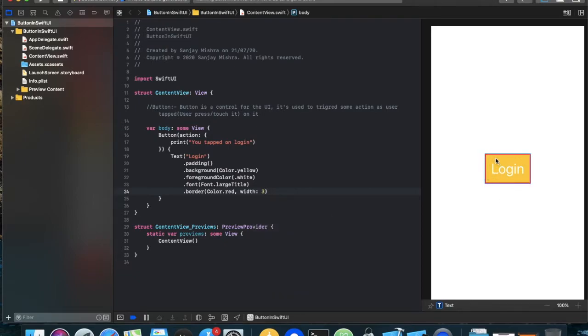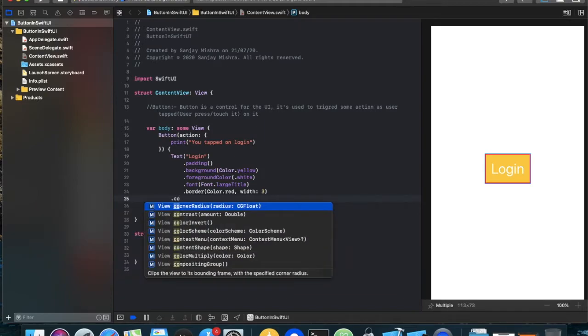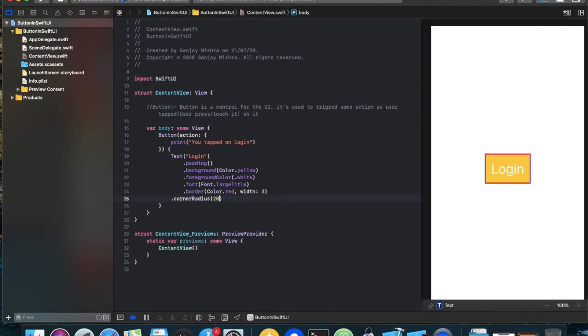So now we can say that we have a border in our button also. And let's suppose we want to apply some corner radius for this. I just wanted to apply 20 corner radius. As you can see, the corner radius has been applied here also. So this is how we can implement a simple button in our SwiftUI.